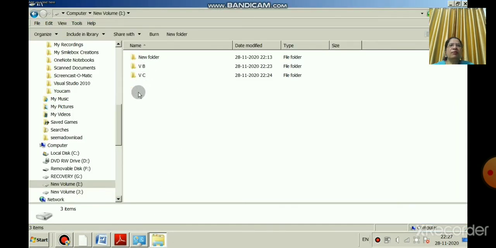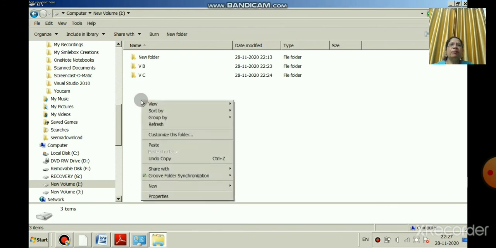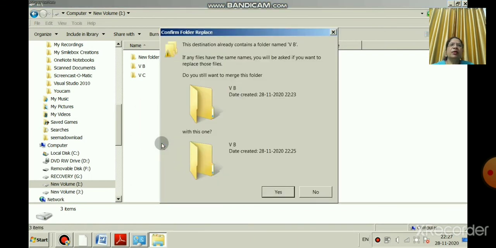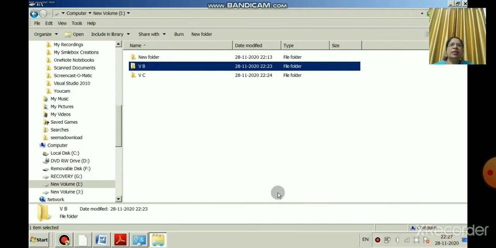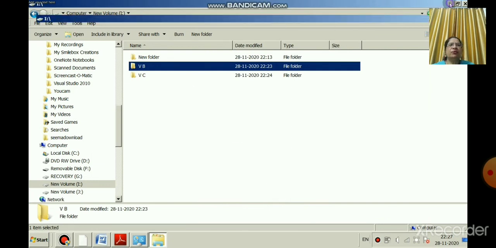From there I will move here and paste. Now it is showing a message because the 5th B folder is already there. It is asking if you want to merge the folder. If it is yes, then this folder will merge into the previous folder, right?